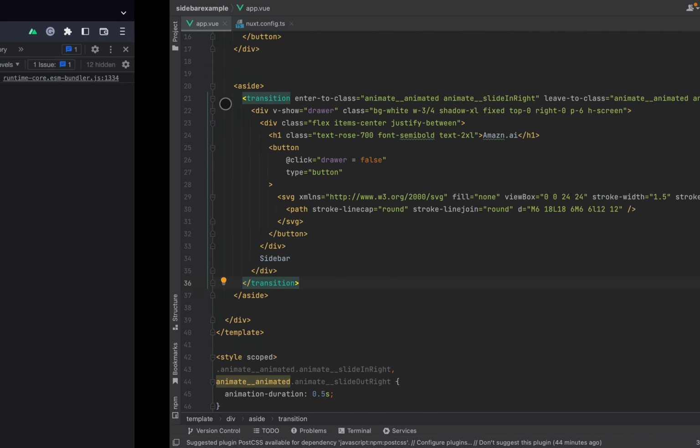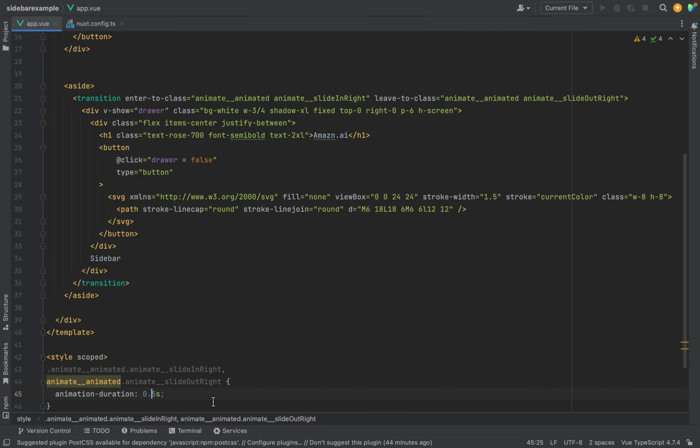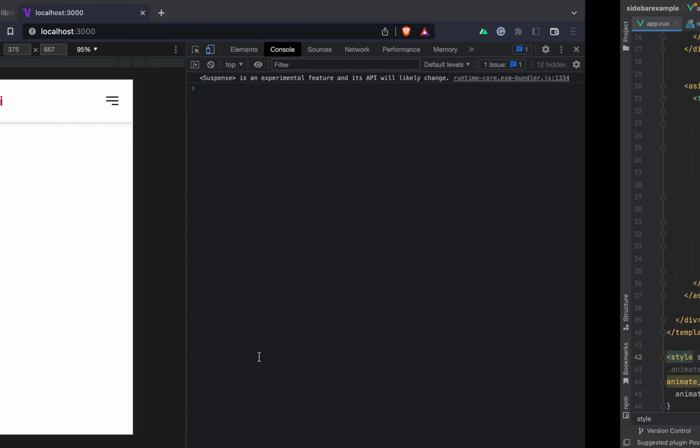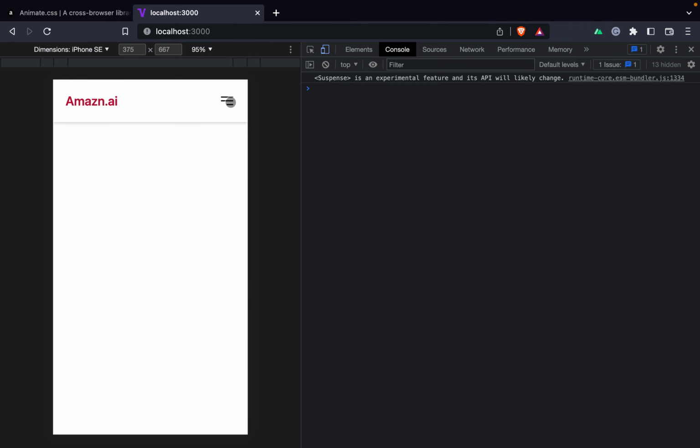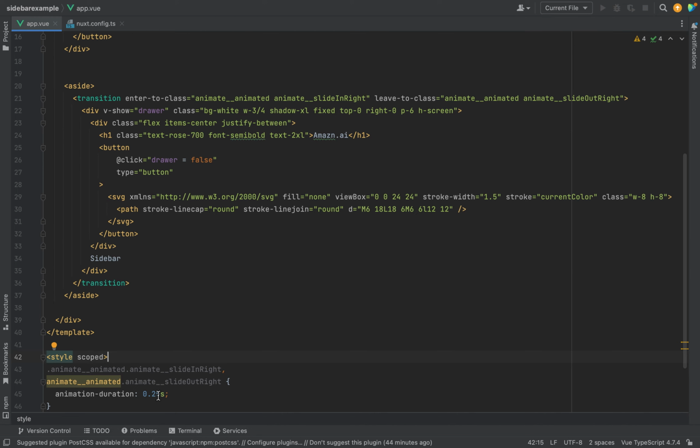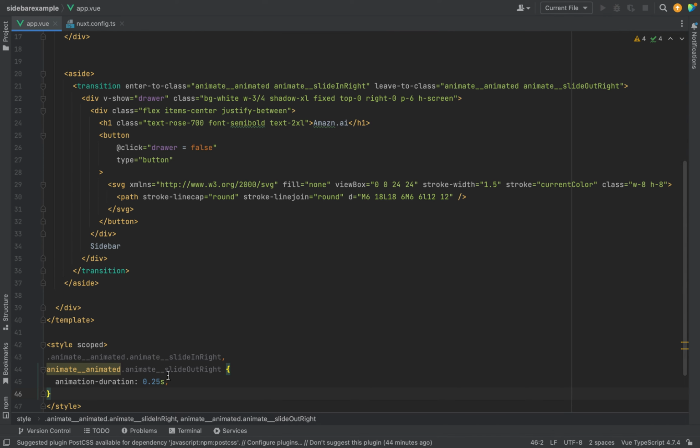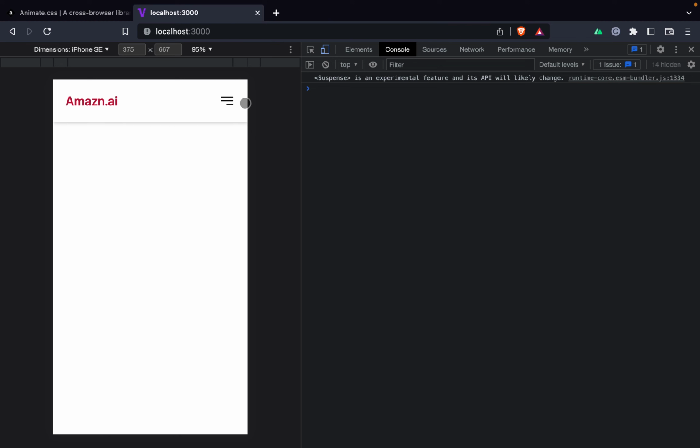Just a bit faster, you know what, I'm just going to take that to 0.25. Okay, let's save that. Okay, a bit too fast. Well, not too bad. You can just tweak this to whatever you think is better for you. So I think 0.4 will do. Okay, we have that perfect